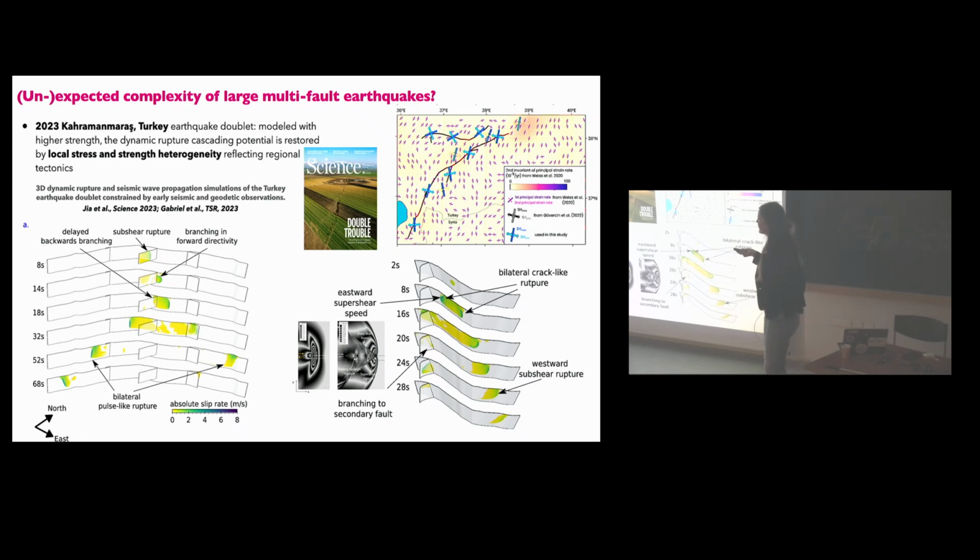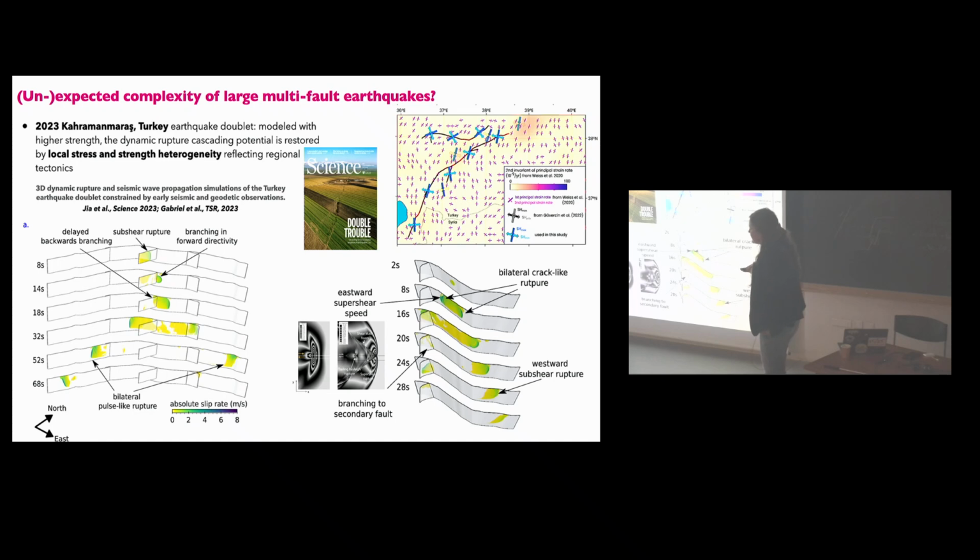Similar for the 2023 Turkey earthquake doublet, we came up with two dynamic rupture models that are talking to each other, so they're linked in terms of their dynamic and static stress transfers, even though it's not a seismic cycle simulation, but they run in the same fault system.